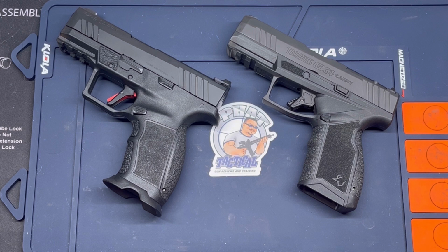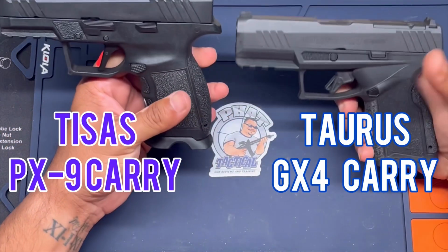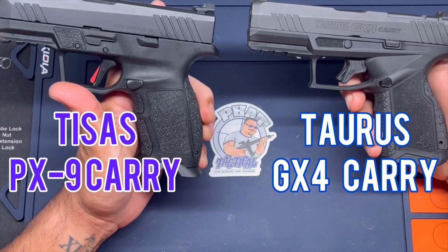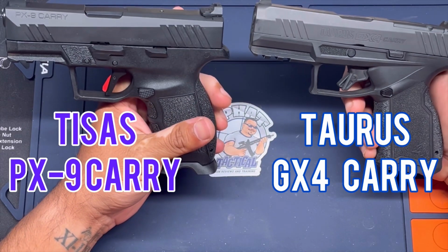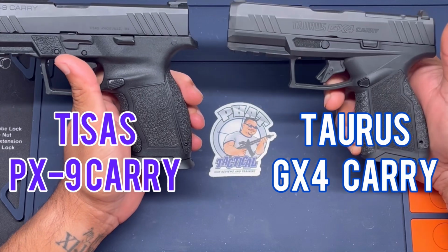All right, guys, we got a good one for you today. Battle of the budgets. Really good quality. So we have what a lot of people are getting confused. I mean, they're not twins. They look pretty similar. But you have the Tisas PX9 Carry on the left, and you got the Taurus GX4